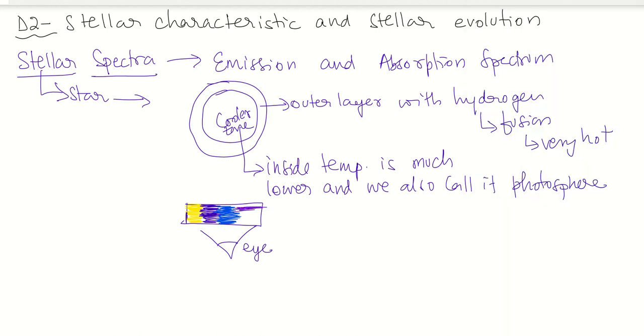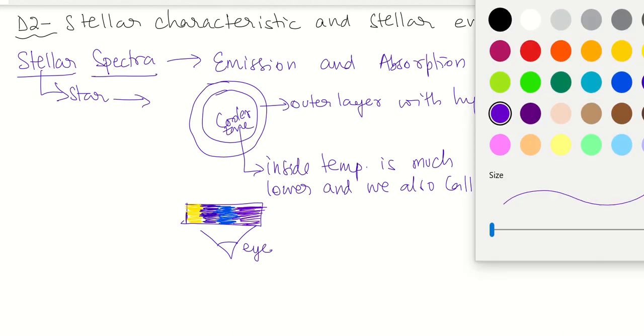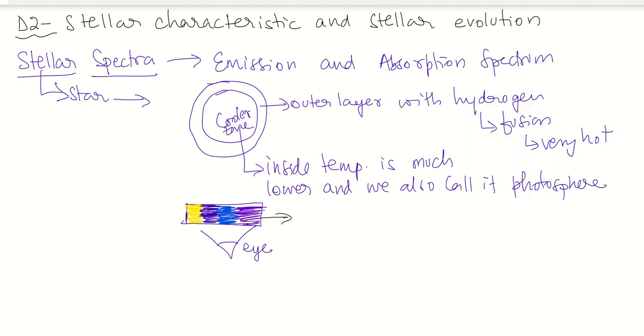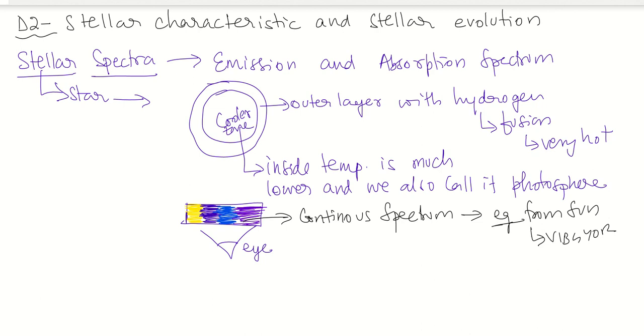When you see one after the other colors, this is known as your continuous spectrum, that we get, for example, from the Sun. We get it in the form of VIBGYOR, for example. Now, let's say this is yellow,